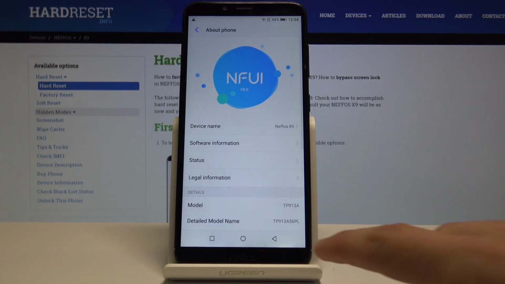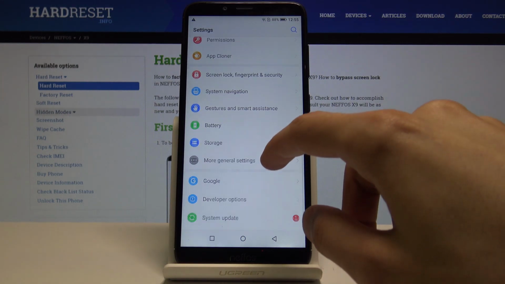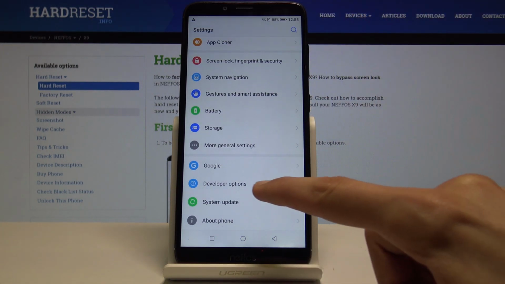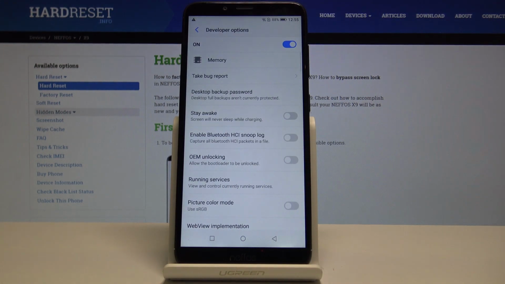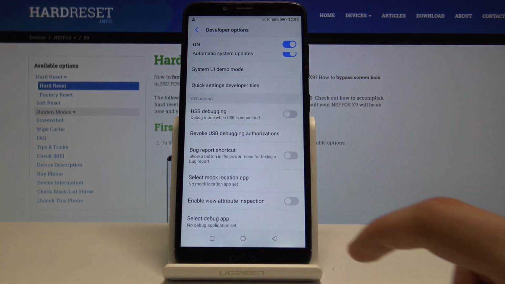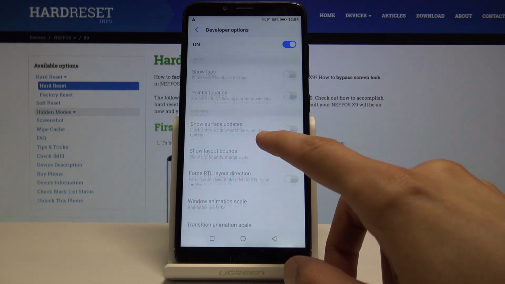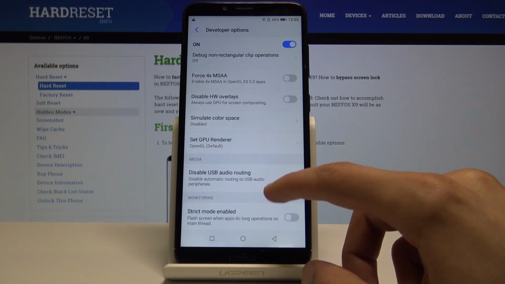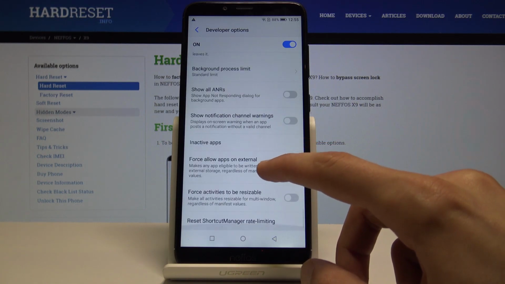So let's go back. And you have now an additional option here called developer options. You can tap on it and then start changing things that you would like to change. For the normal use, probably the most handy settings in here is the